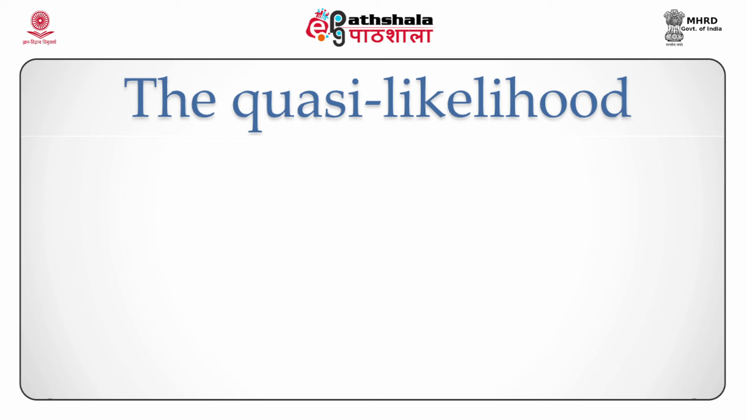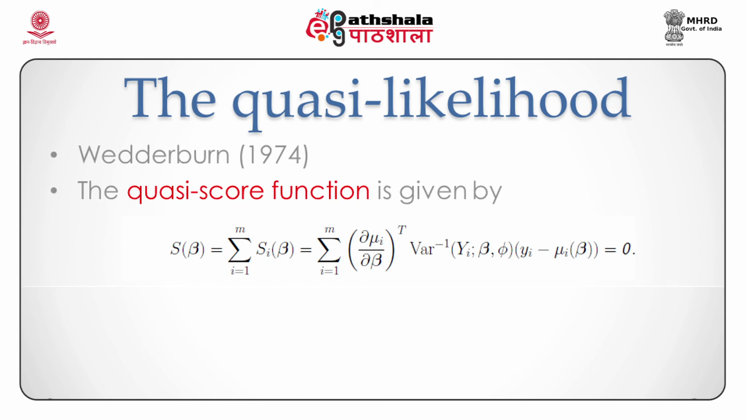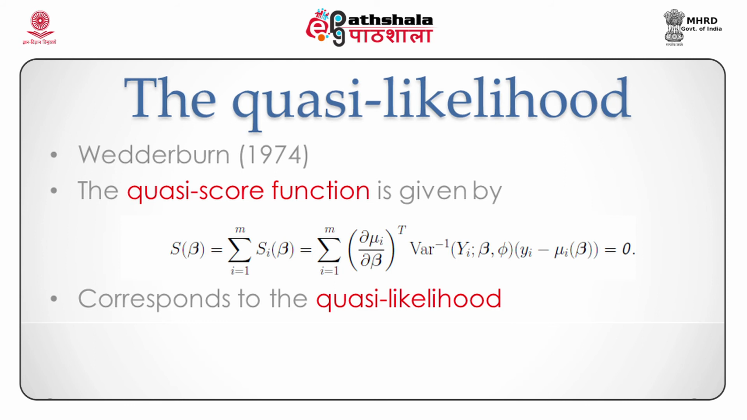The quasi likelihood was introduced by Wedderburn in 1974. We define the quasi score function given by S(beta) equals summation i equal to 1 to m S_i(beta), which is summation i equal to 1 to m del mu del beta transpose, variance inverse, (y_i minus mu_i(beta)), equal to 0. Now this is a score function which corresponds to a likelihood obtained by integrating this score function, given by